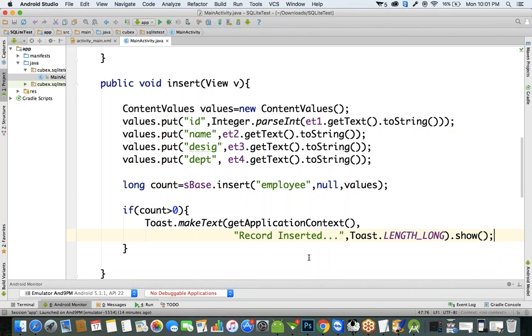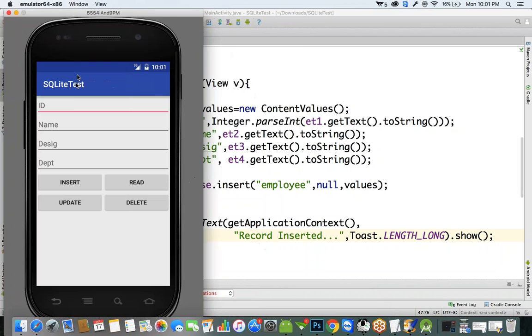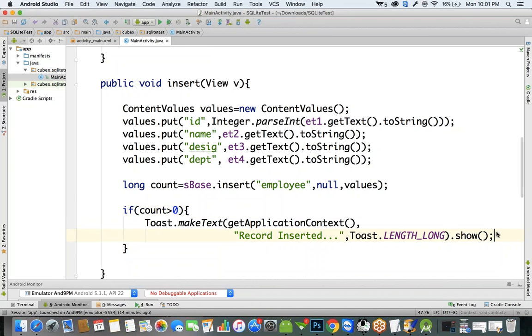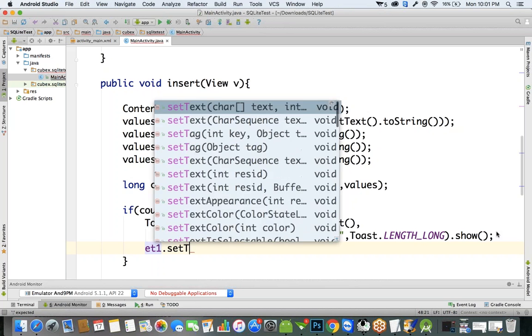Okay, so after inserting the data, we don't require the data in these text boxes. So what we'll do is we'll make all the text boxes empty. So et1.setText,